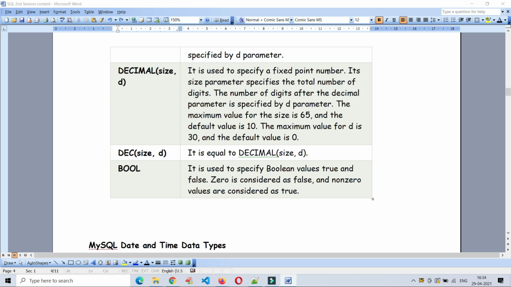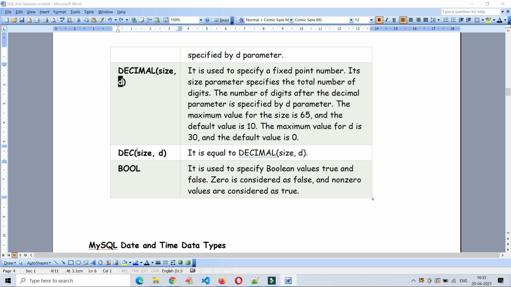Its size parameter specifies the total number of digits. In 100.20 we have to mention it as 5,2: point after decimal, how many numbers are there? Two digits. So here 2, in that way.